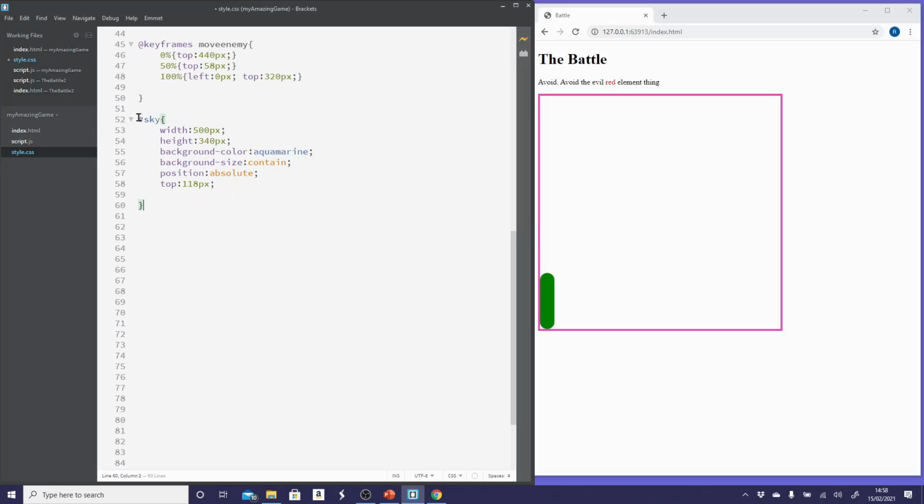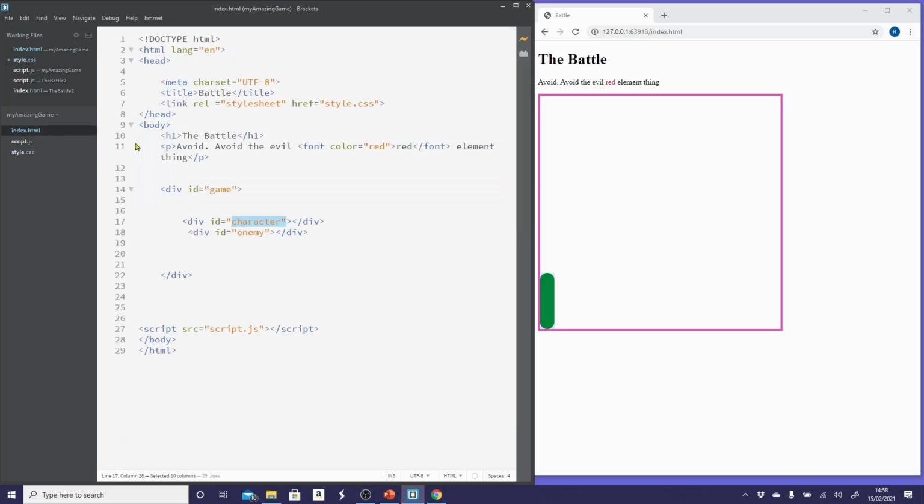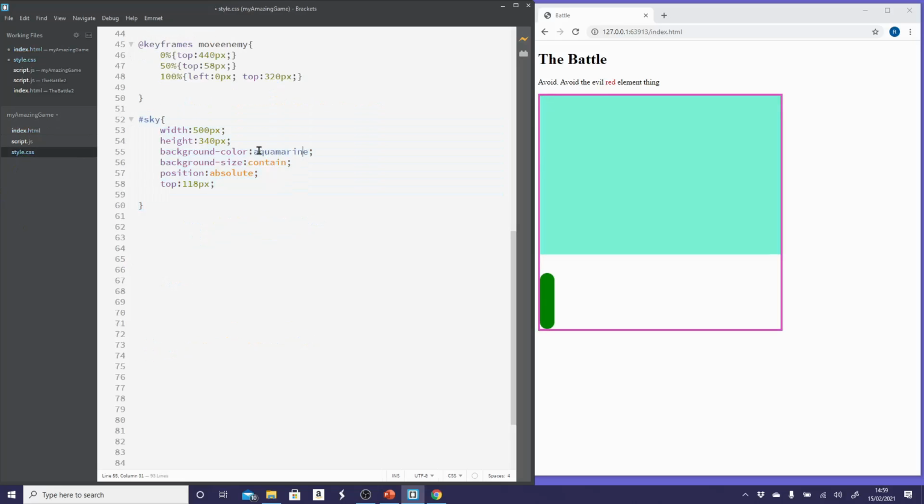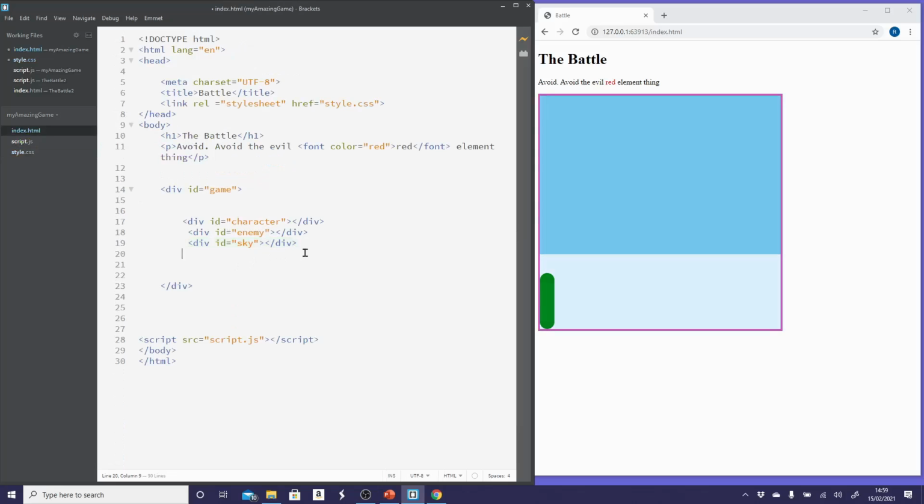Now, in order for this to be actually rendered on the screen, we need to go back to our HTML. And where we have these divs, I'm going to add another one called sky. And you can see immediately that we have an aquamarine sky, which is a bit confusing, so I might go back and just make it sky blue, I think. And of course we can do exactly the same thing, so if I just copy and paste that